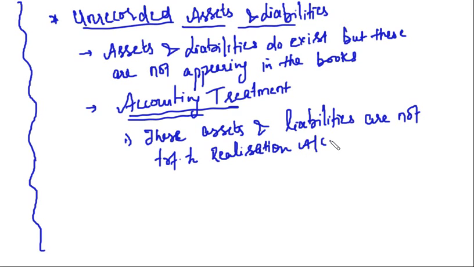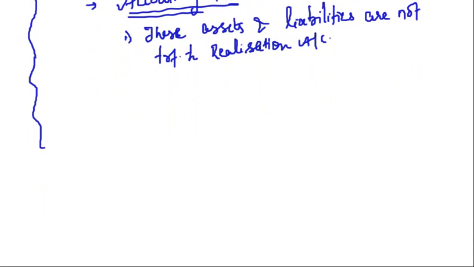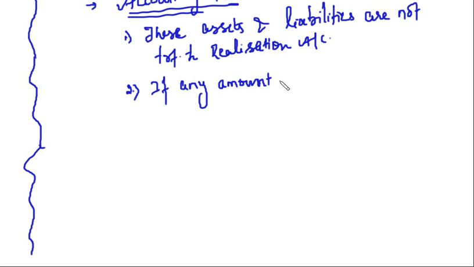Then we have closed down our balance sheet, we have closed down our assets and liabilities. Then what we say is, if any amount is realized from these assets,